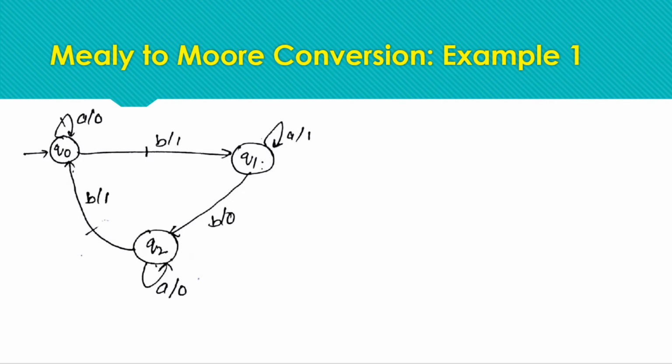Okay, so this is somewhat trickier than the Moore machine to Mealy machine conversion, because in a Moore machine, if we have the output, suppose we have output A here, we just need to mark the transitions for all incoming. We just mark the output on the transitions. Okay, so here this is the equivalent Mealy machine.